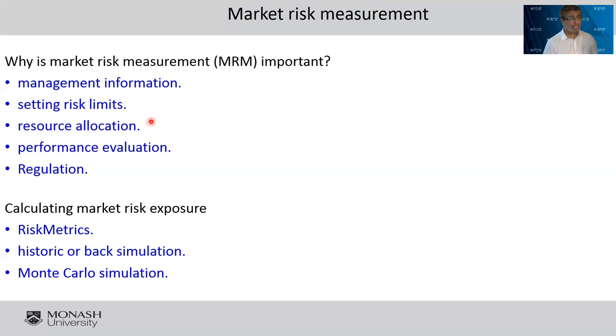So research allocation is actually allocating the 1 billion ringgit in the best asset that will give you the highest return. Now, it's also important for performance evaluation. And somebody would say, what performance evaluation? When you talk about market risk and trading, you have employees, which we call traders. Some of them, for example, trade in government securities and specialize in this. Some of them will do derivatives.